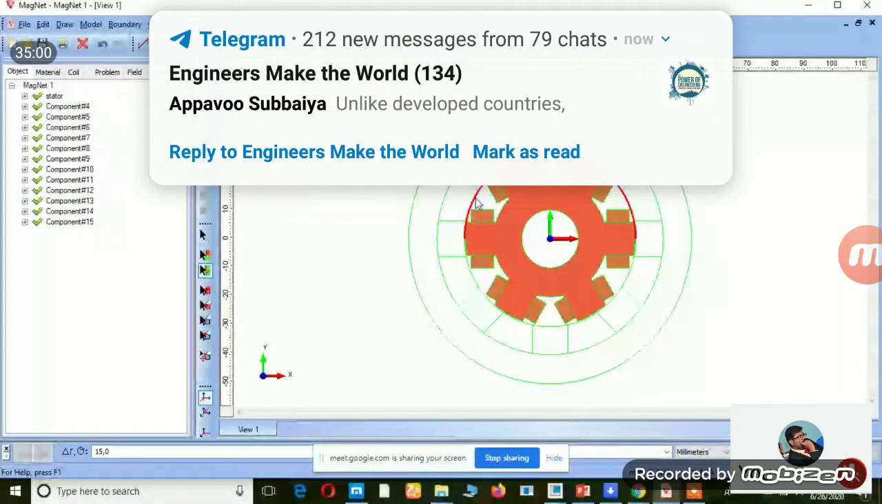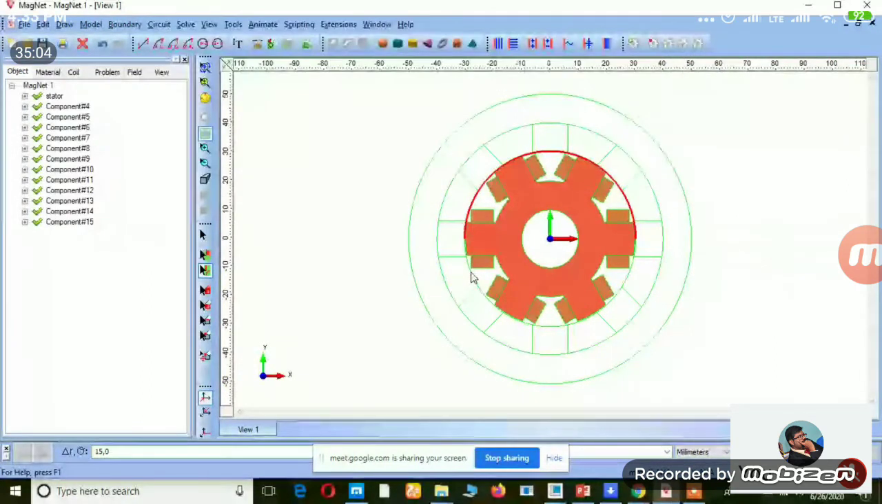Now I just select the inner part of the rotor and I am going to delete the parts which are not needed now. So I selected the lines which are not needed. I am just going to delete this one. Similarly,